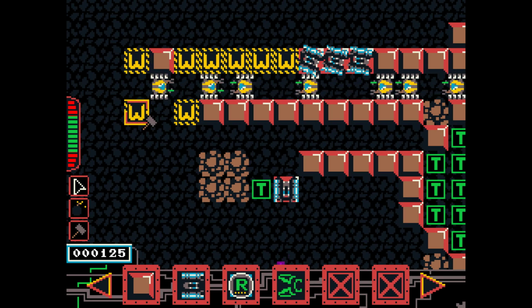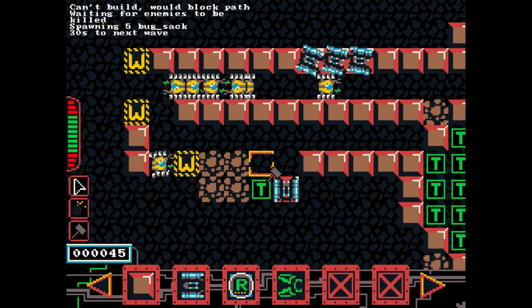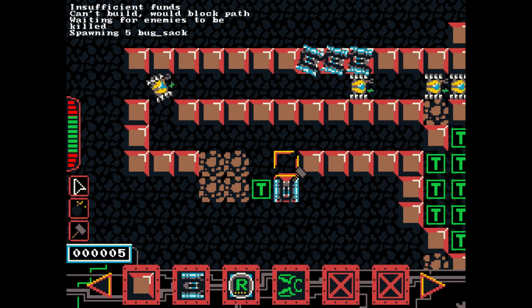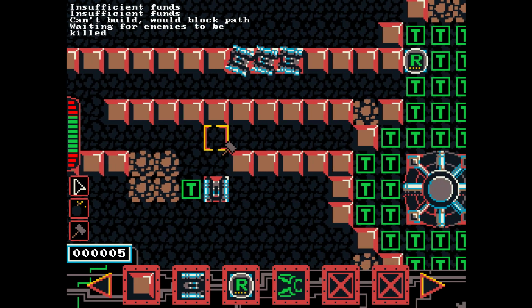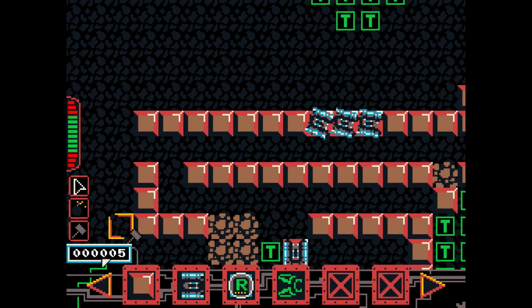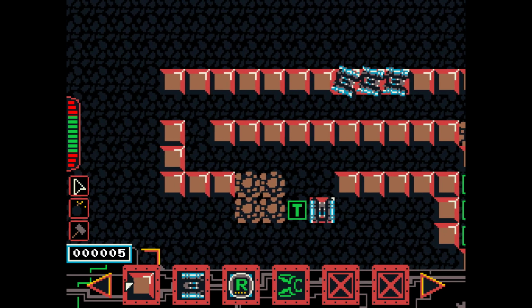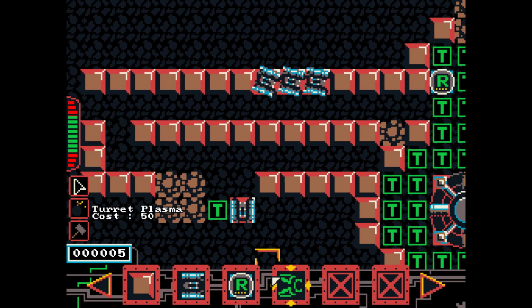This is really silly. But what would block the path? Which one? Insufficient funds again, okay. So if you don't have enough, then it won't put it down, but if you put like 50 of these marker things down, then it'll let you, even if you don't have enough, I think. But the idea here, I spent all the money, but I think you can tell I'm trying to make one of these little...